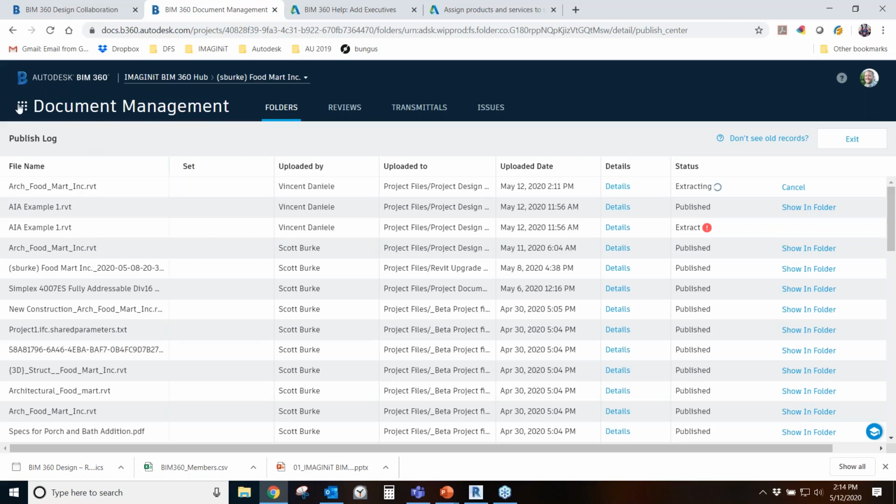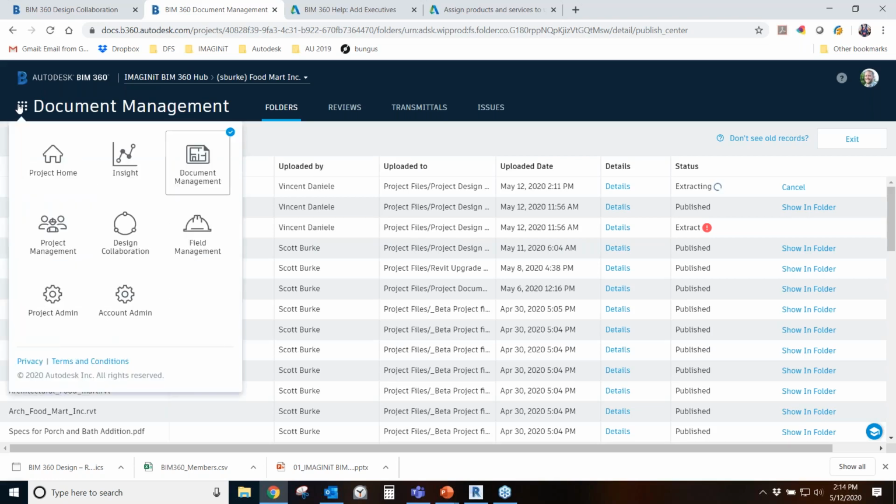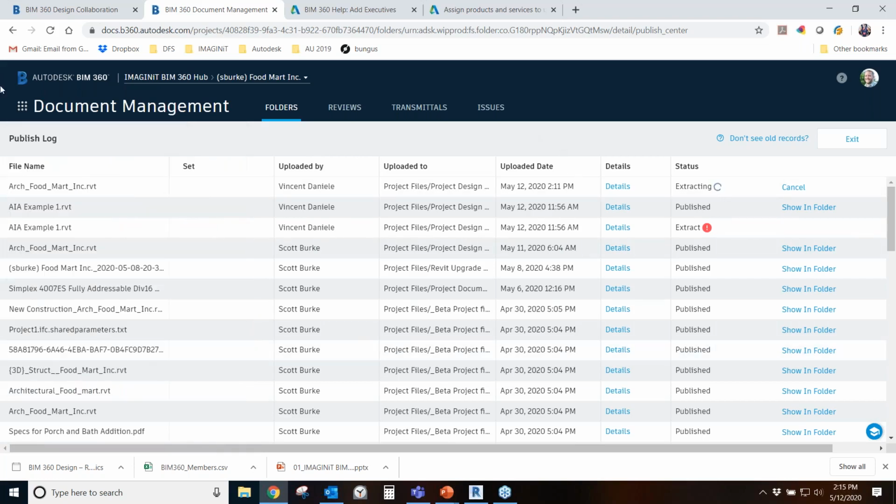But once it's published out, then your consultants, they can pick and choose when they consume that published model. So it's not just going to automatically update the live link. They have the access through the portal to say when they consume it, and that's a different process. But when they consume the model, then they get the latest published version of that. So some stuff to control sort of the versioning of everything. I wanted to show